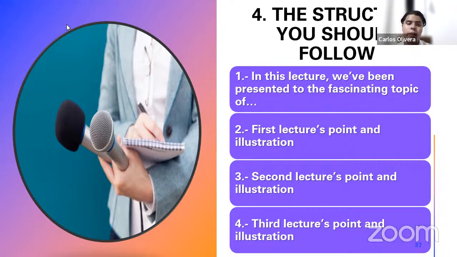Well, once you finalize this first introductory phrase and you mention the main idea of your lecture, you start with a summary. And you know that a summary, as we have pointed out, basically consists of the main ideas mentioned in the lecture. That is the basic concept of a summary, right? When we are in high school or starting the university, they teach us that whenever we want to create a summary, the only thing we have to do is to include the main ideas of such material, article, or text we are going to summarize. And then, of course, to include some important details. But the most important part is to include the most relevant and important ideas of such material. And that's what a summary is.